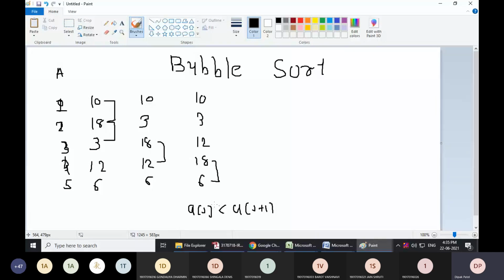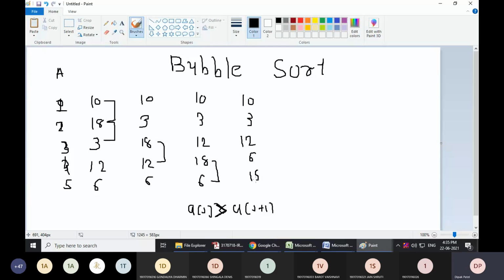But if A of J is greater than A of J plus 1, then perform the swapping. Right? So here again, this condition A of J is greater than A of J plus 1 holds, so perform the swapping. 10, 3, 12, 6 and 18.